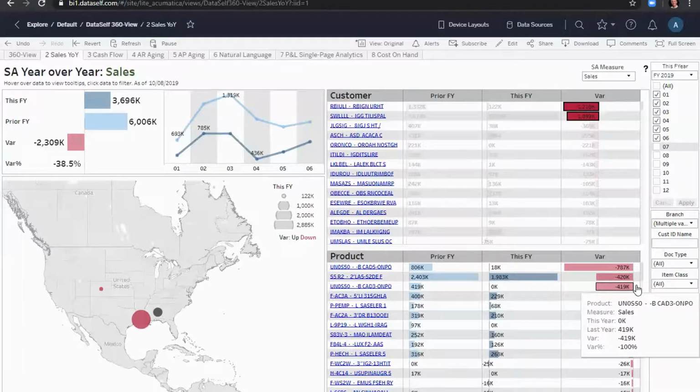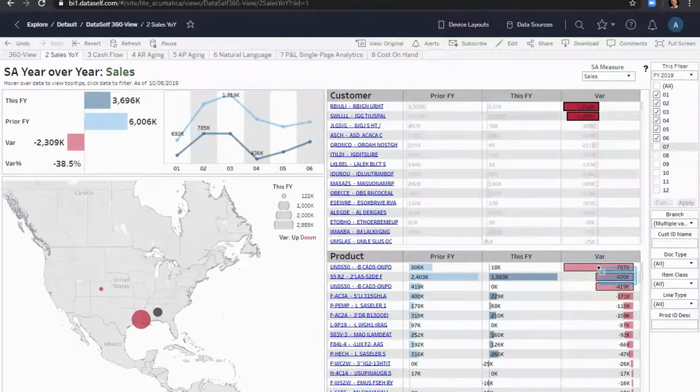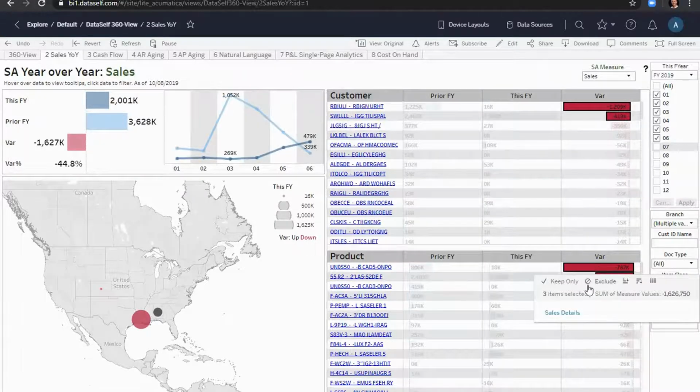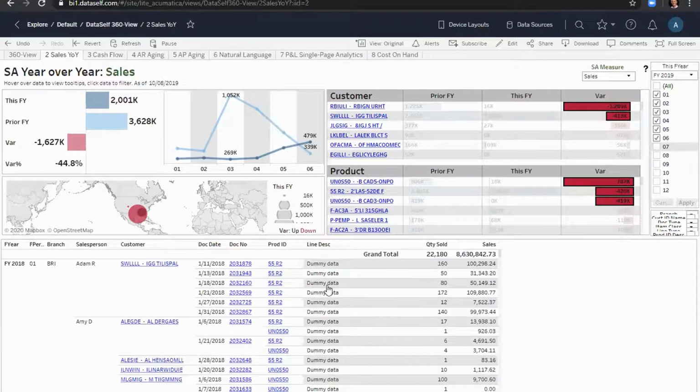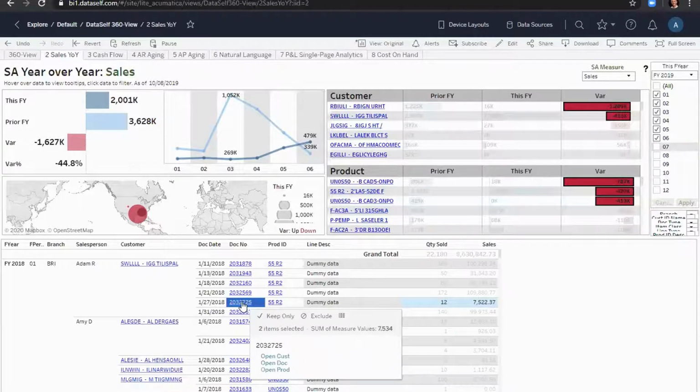And if I want to see details, invoice number and whatnot, I can just select, let's say, 3 of the products. And then on the pop-up, select sales details. Now I see all the sales details on this bottom section. For instance, if you were to select a document number and click on it, now on the pop-up, you could click open document. And if you were in a production system, this would open the Acumeta page